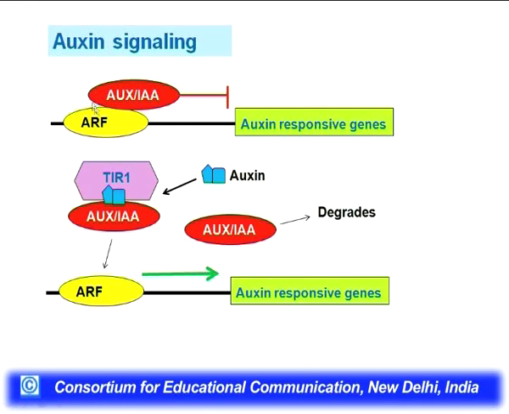This TIR1 protein, which is activated by auxin, helps in degradation of AUX/IAA. Now, if you recall, I told you AUX/IAA is a repressor, and when it is degraded, ARF is free, and this auxin response factor which is free now can drive auxin responsive genes,